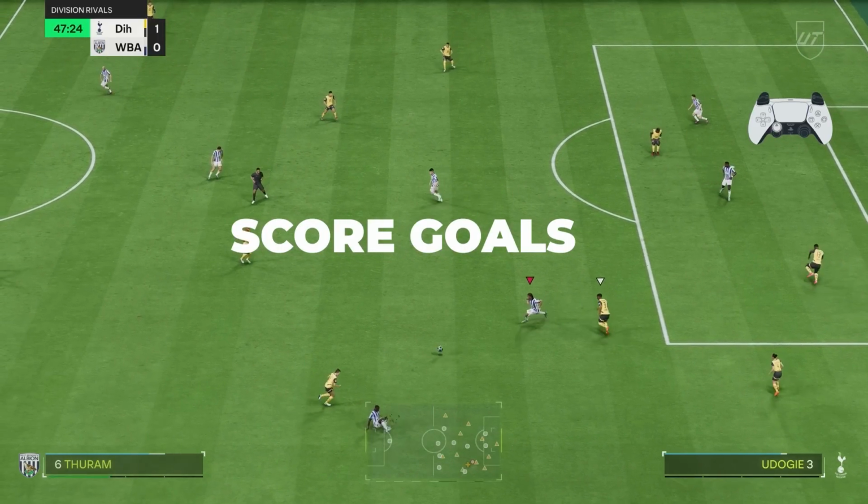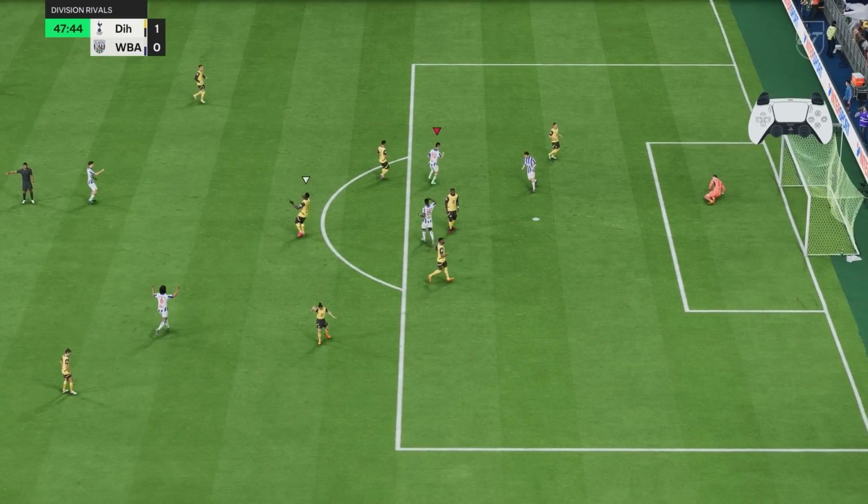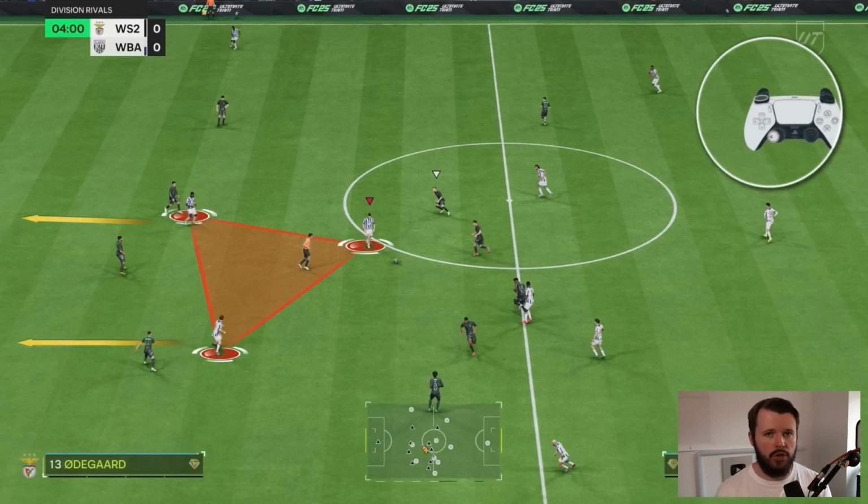Struggling to score goals on FC25? Let's talk you through many different ways that you can find the back of the net. To start things off, we're going to take a look at how we can use triggering runners to create